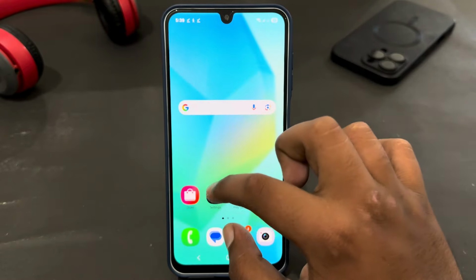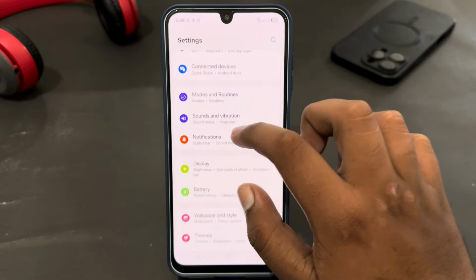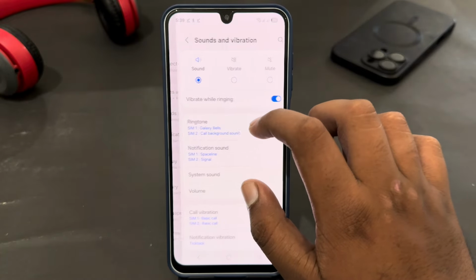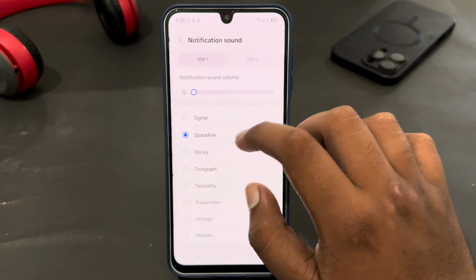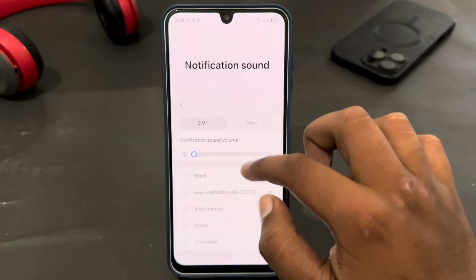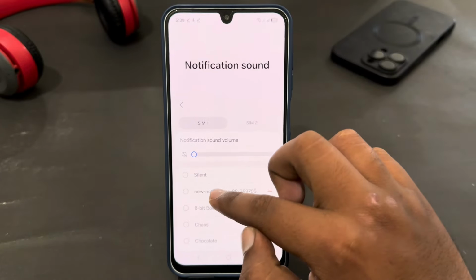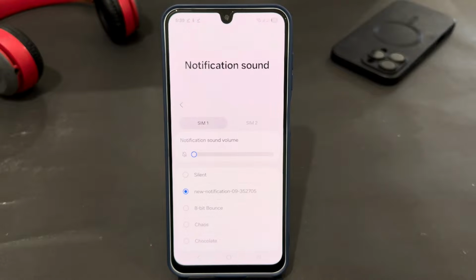Once you have that, now go for settings. Go for sound and vibrations. Then select notification sound. And you will get your notification sound here. You can easily select that from here. So that's how you can easily set your custom notification sound in any Samsung phone